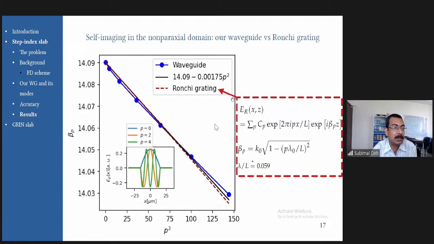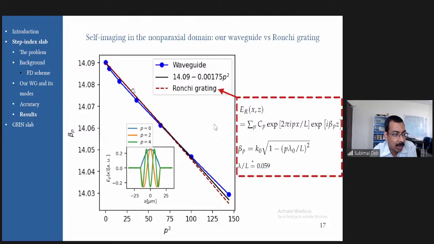The Ronchi grating is a system which has been well studied for the non-paraxial domain, and the expression for the field behind the grating is the one that I have written over here. These components beta p are written as a square root of p, where p is the pth Fourier component in the expansion of the field of the Ronchi grating. So for the non-paraxial case of the Ronchi grating, you find that this curve in red,